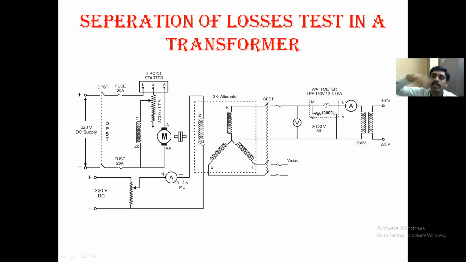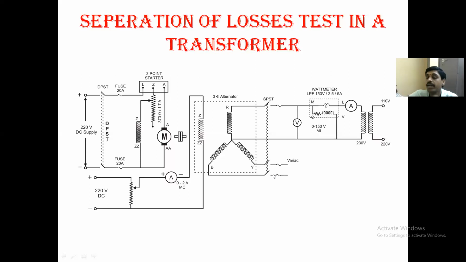That means the generator rotor is rotating, and the generator field is given DC supply. When the field is given DC supply, normally they are soft iron, so they become north-south poles. When the poles are rotating, there will be production of rotating flux. When that flux links with the winding, what happens? EMF will be produced. So that is the way the generator produces the required voltage for the transformer. This is the procedure first adopted to supply the voltage.